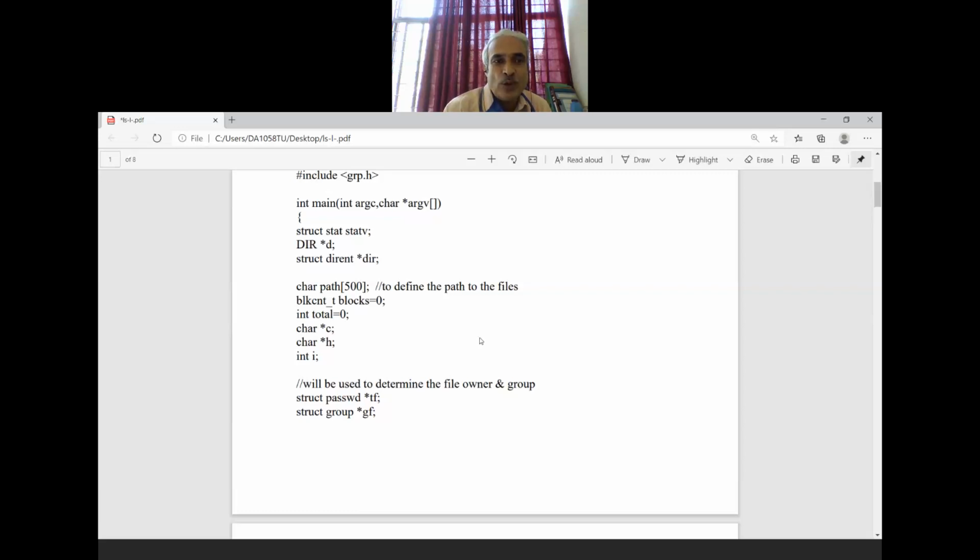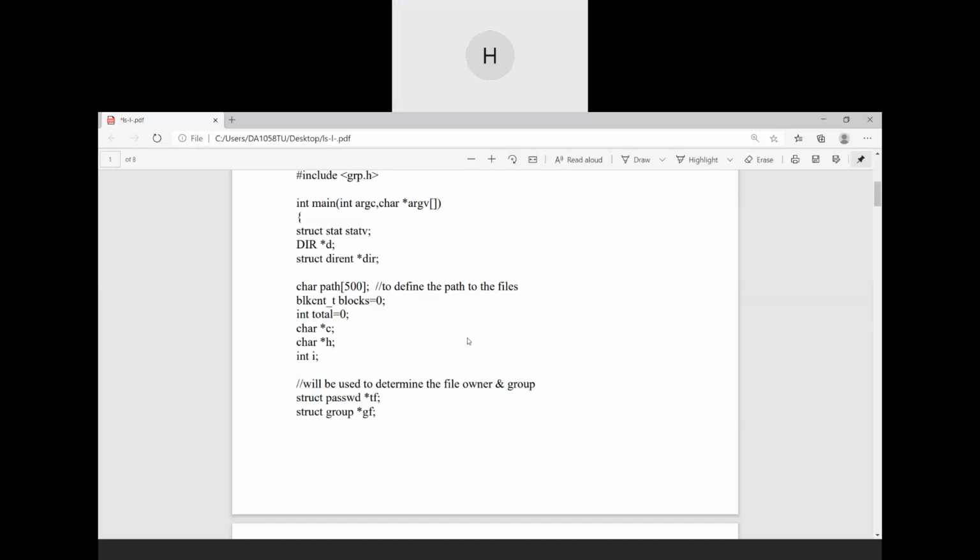This is the way you have to write it for every line, which is important. Here the path is an array of characters which is used to store the path and the file name and all. Write it completely. Similarly, struct stat, DIR star d, struct dirent, for everything you write it. Got it? Yes, sir.